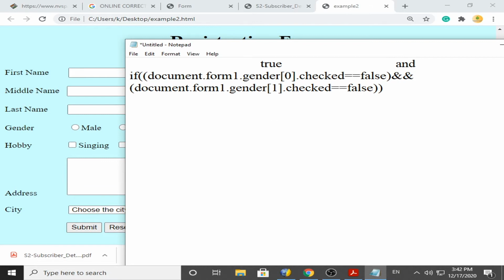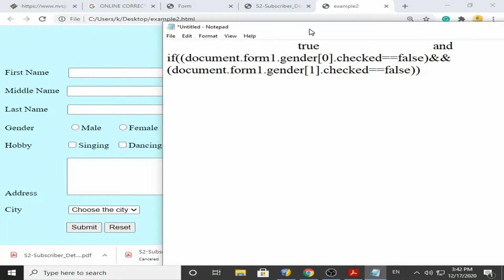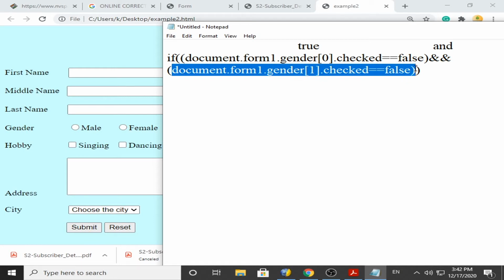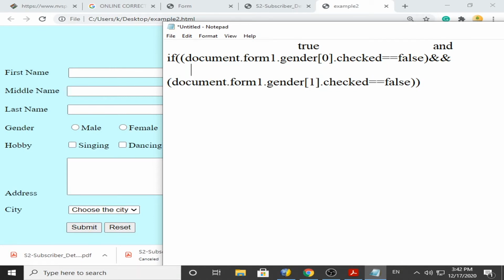Now we go for this. Document.form1.gender1.checked is equal to false, means it is not selected. We are saying that gender 1, meaning this female radio button, dot checked is equal to false, and in reality also it is not checked. So what we are saying is correct, meaning the answer of this statement is also true.